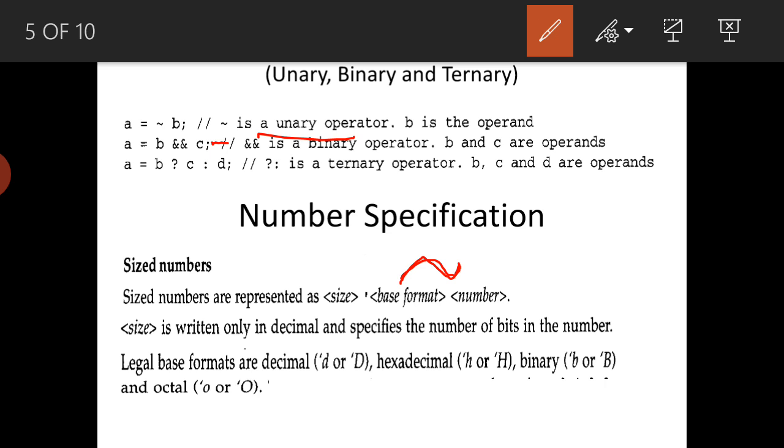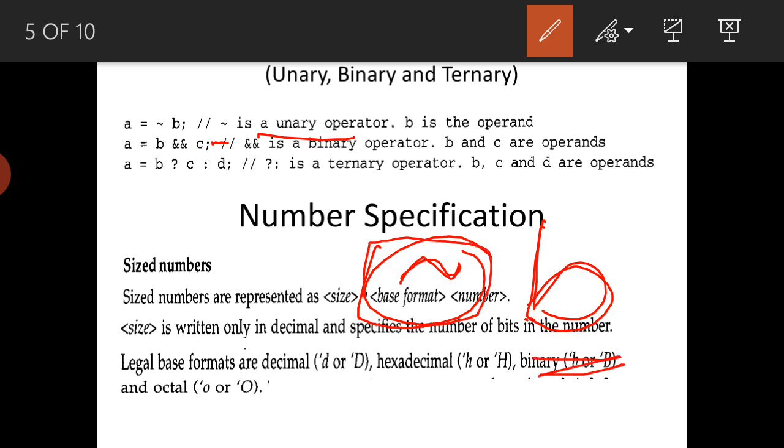So why do we call it a unary operator? This symbol is used only for a single operand. What is B? B is nothing but a variable, and that variable we call an operand. Operands are the ones on which the operation is done. So here this is the operator and this is the operand. This unary operator can perform only on a single operand, so we call it a unary operator. It means we can't use this operator with multiple operands.